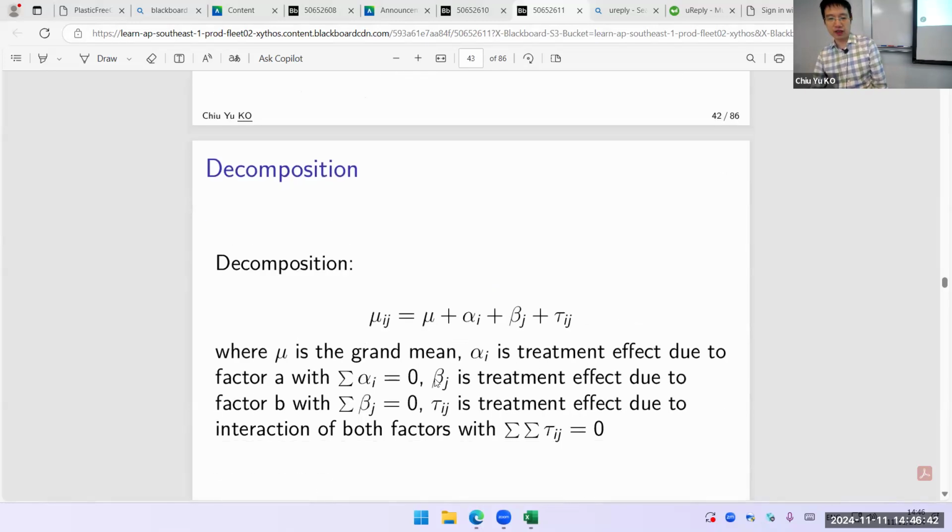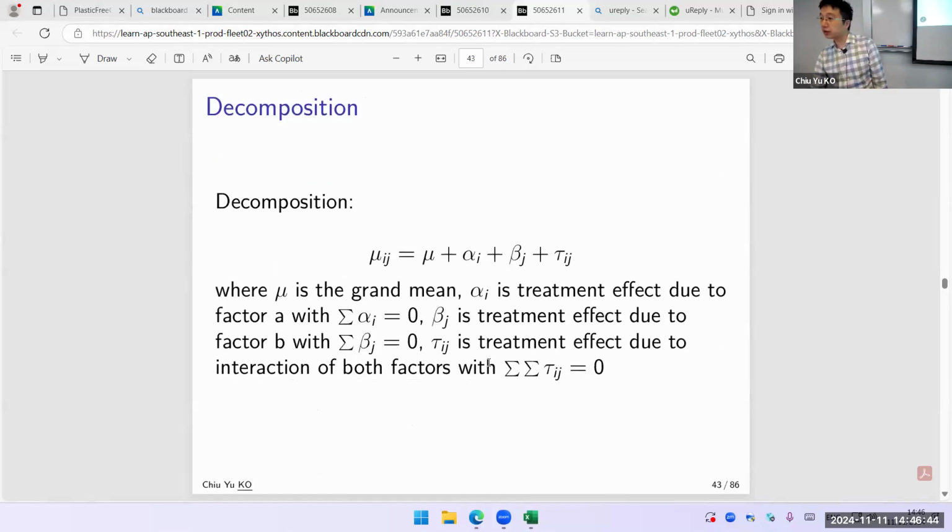So this is the thing that usually we do. We decompose it, okay? And each mean will be an overall mean, grand mean here, okay? And this is the part that's related to treatment from group A. This is treatment from group B. This is intersection of A plus B, okay? And this is a little bit more complicated, okay? Because this is impact from group A, this is impact from group B, this is how A and B affect,